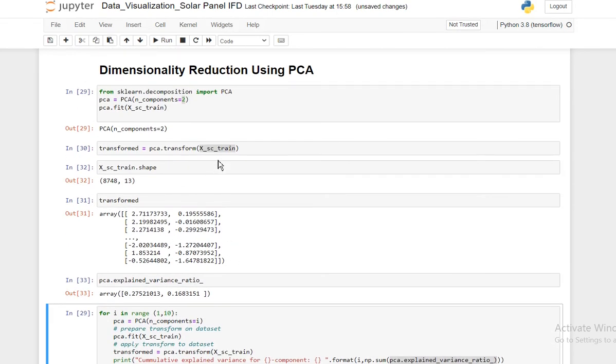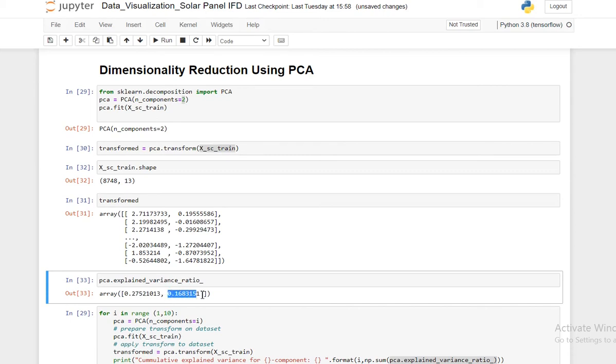When it is projecting all the features into principal components, the first principal component explains 27% of the entire variance of the dataset. Variance, you can compare to the information captured inside the entire dataset. It's not the exact way of putting it, but for a rough estimation, you can understand it like that.